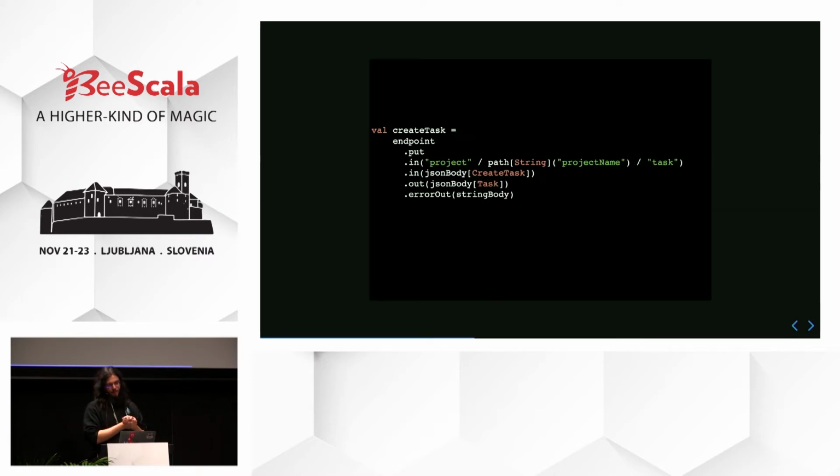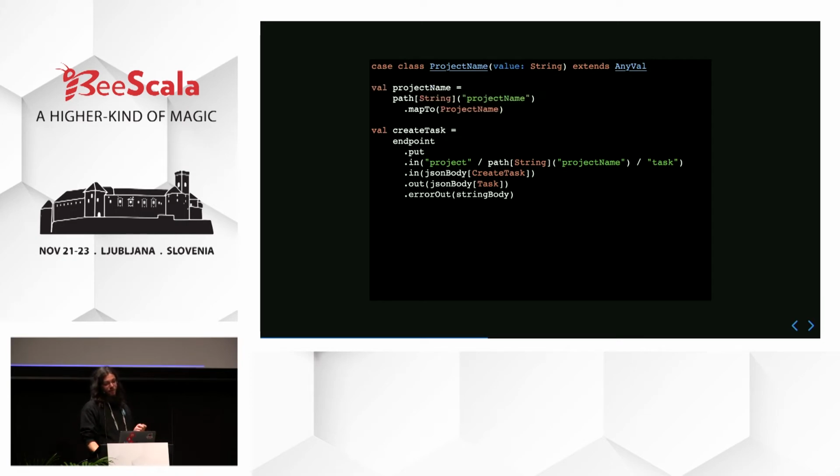And so let's go back to my create task definition. What I want to do is also type the project name because I'm giving types for everything. The project name also deserves one. So what I'll do, instead of just inlining the change, is I'll do it on another val, and since all of these are case class definitions and parameters, things will just compose, so I'll just extract the path out and map it to